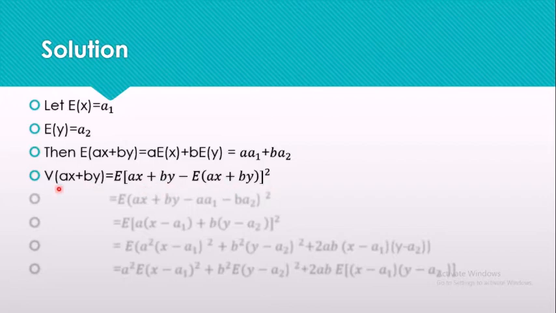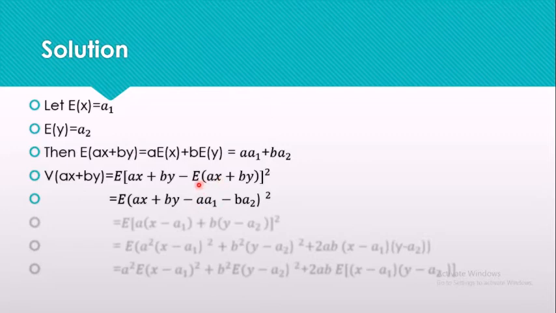I hope you know this result of variance of X. Variance of X is equal to what? Expectation of (X minus expectation of X) the whole squared. So keeping that result in mind, I just expanded this. Okay, so the next step, I get expectation of (aX plus bY minus a1...